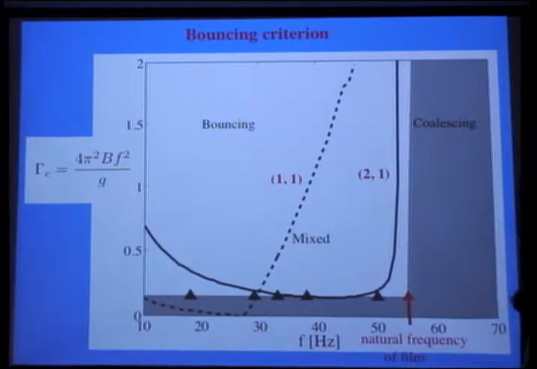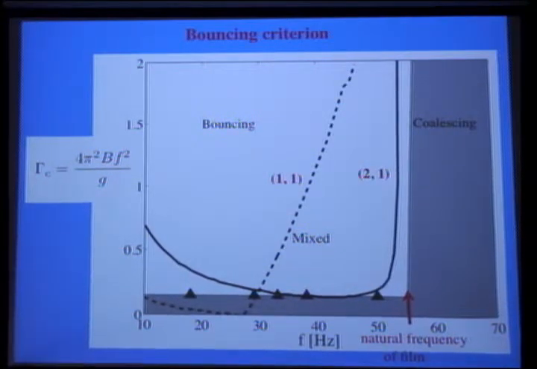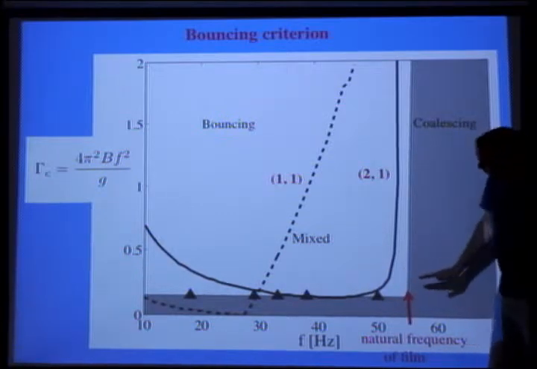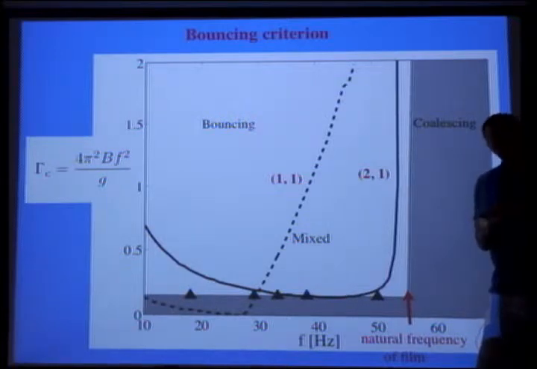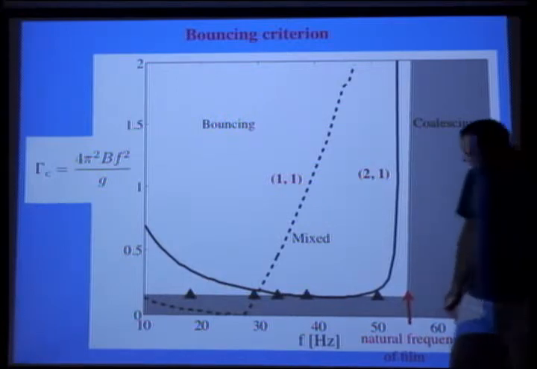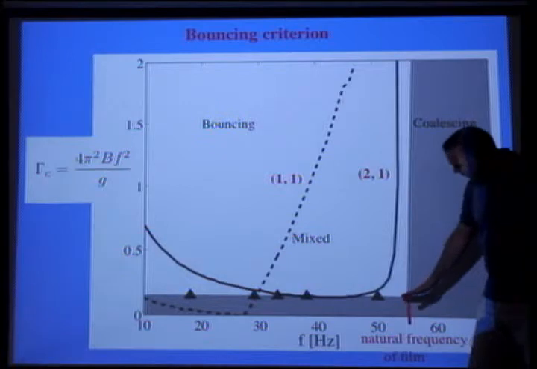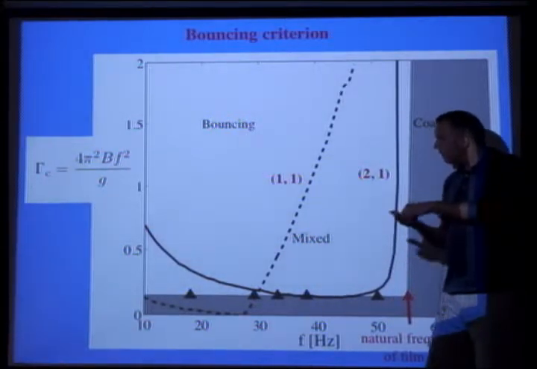This should be intuitively familiar. If any of you have stood on a trampoline, you know, you go like that. If you go like this, you don't move, right? So there's a critical frequency below which you can expect to jump. And the same is true on the soap film. If we're below this natural frequency, then there's a critical amplitude of vibration above which the thing will bounce. If the amplitude is too low, then the drop will coalesce with the film. It'll sit on the film, and then the air layer will drain, and it will merge with the film. But above a critical threshold value, you will get bouncing states.